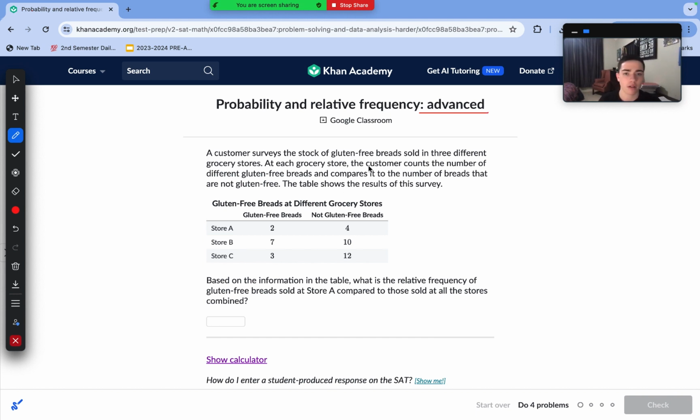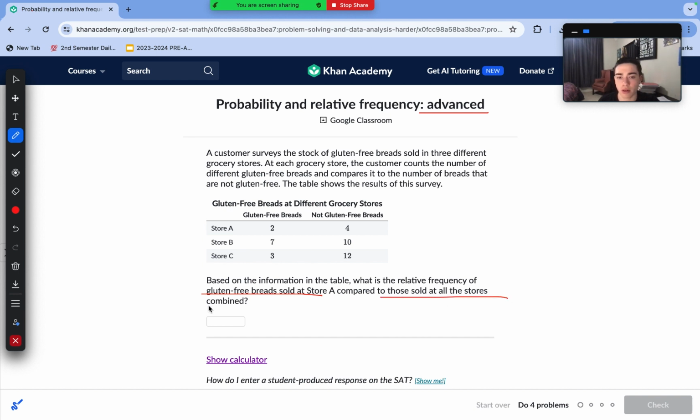A customer surveys the stock of gluten-free bread sold in 3 different grocery stores. At each grocery store, the customer counts the number of different gluten-free breads and compares it to the number of breads that are not gluten-free. This table shows the results. Based on the information, what is the relative frequency of gluten-free bread sold at store A compared to those sold